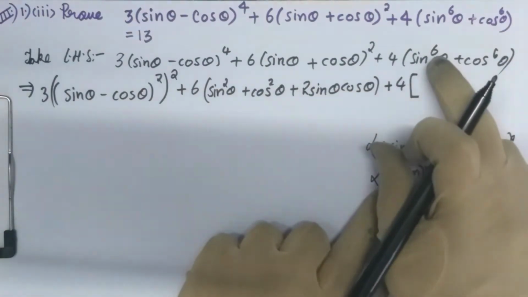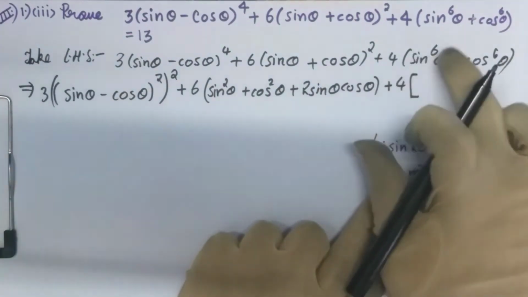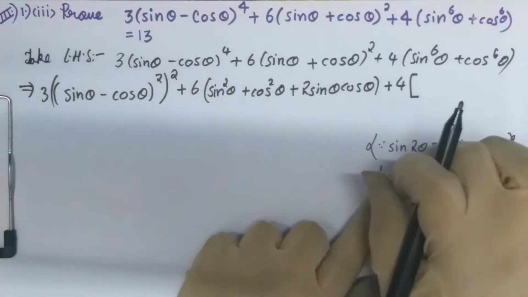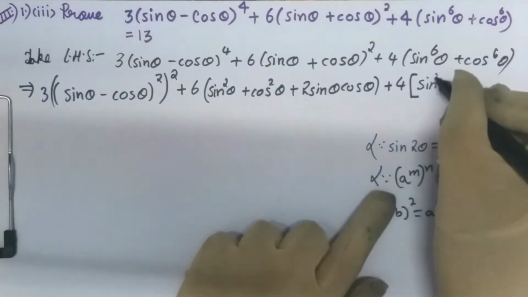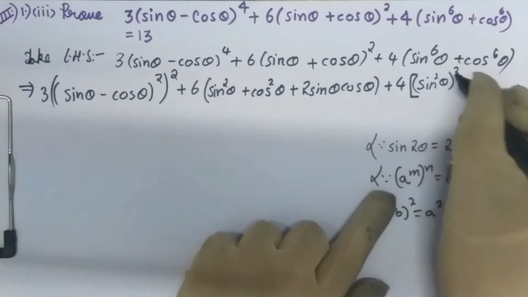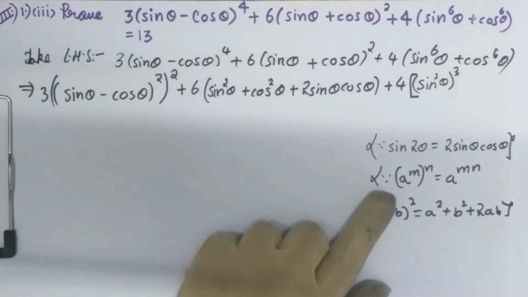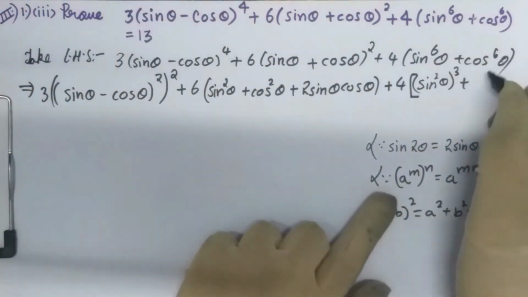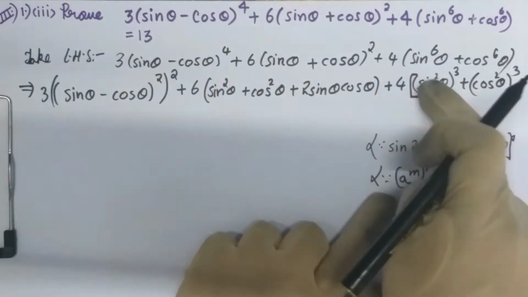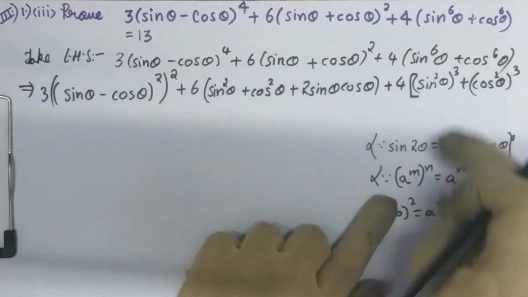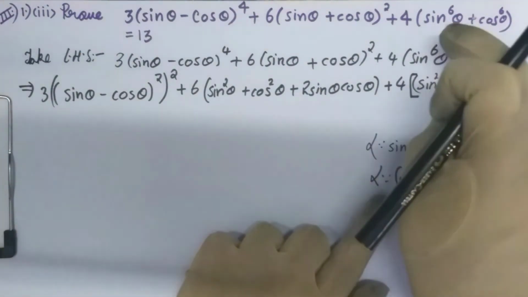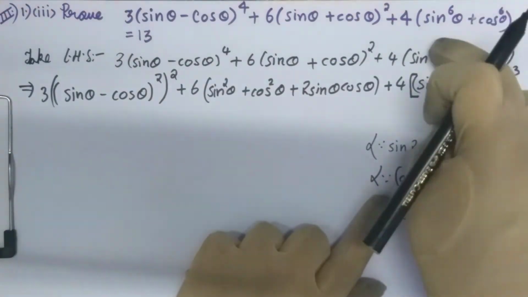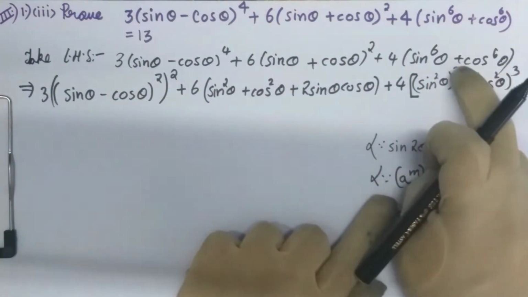Similarly, this sin^6 θ + cos^6 θ, this sin^6 θ also 6 we can write as 3 into 2, because we know 3 2s are 6. So we can write this as (sin^2 θ)^3, a^(mn). Plus similarly you can write cos^6 θ as (cos^2 θ)^3. Here m is 2, n is 3. It is in the form of a^(mn) is equals to (a^m)^n only. Earlier it was m into n is 6. And we have split this 6, so it is becoming square whole cube.